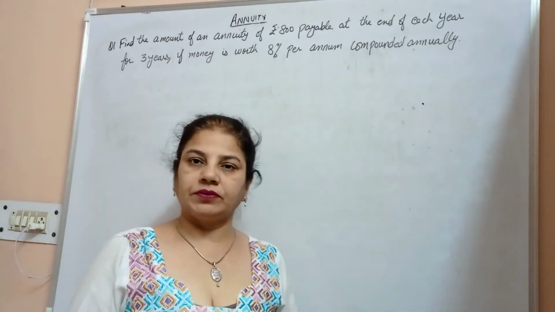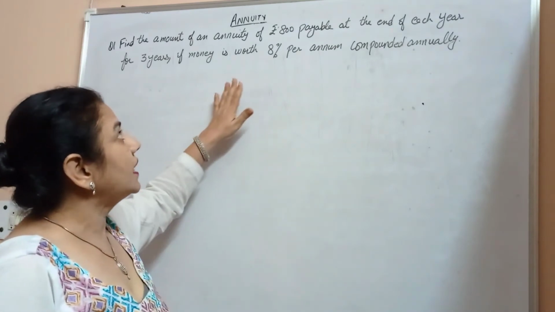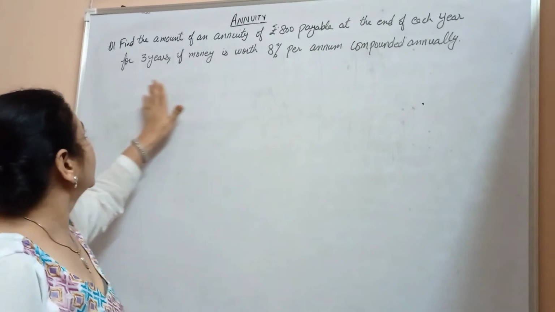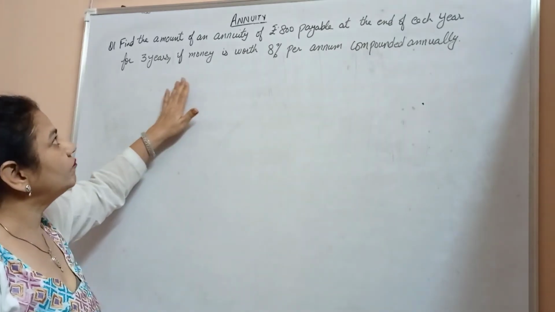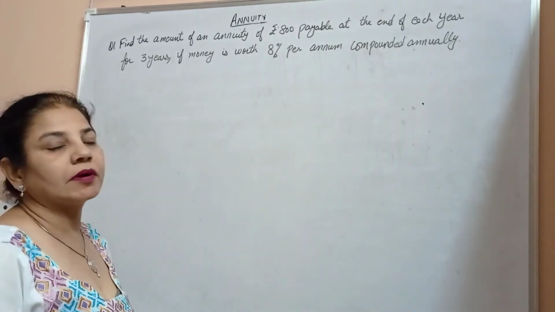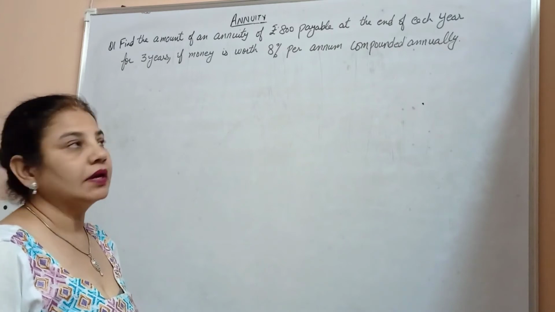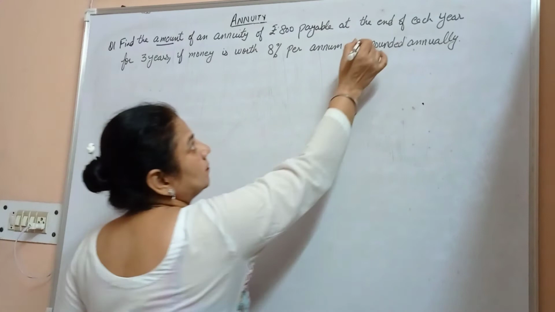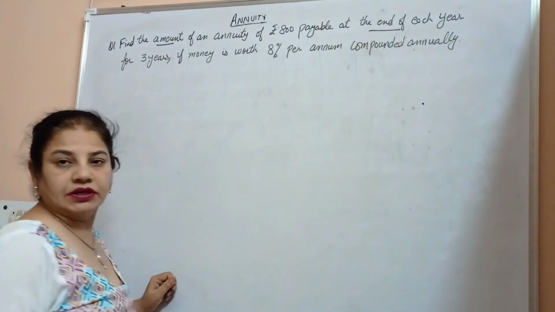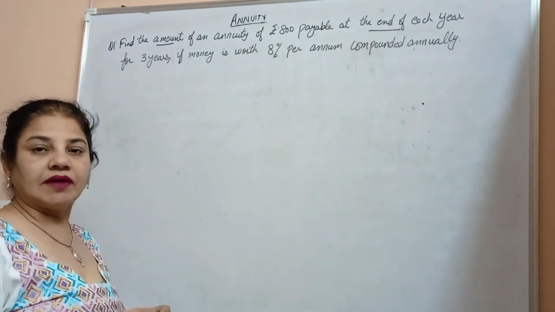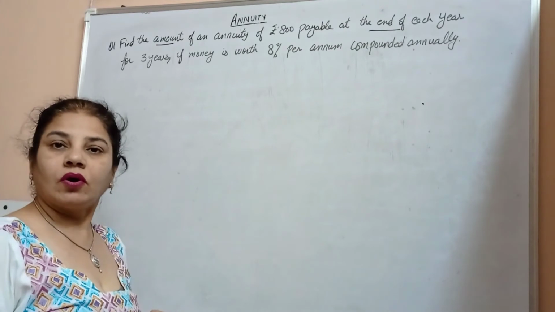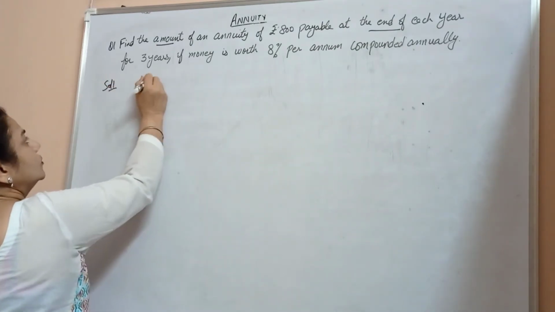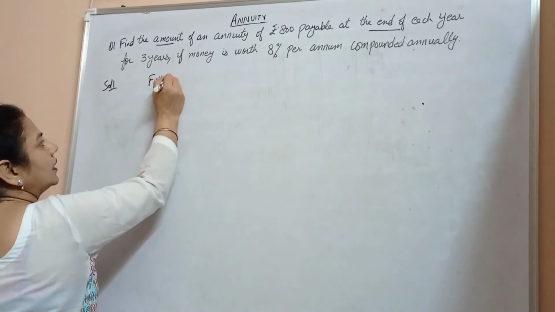Find the amount of an annuity of rupees 800 payable at the end of each year for 3 years if money is worth 8% per annum compounded annually. Here we have to find the amount, and the payment is made at the end of each year. That means we have to calculate the future value of a regular annuity. So the future value of a regular annuity